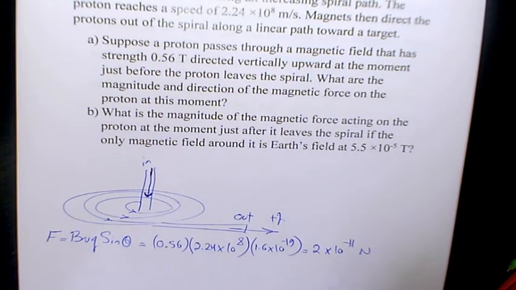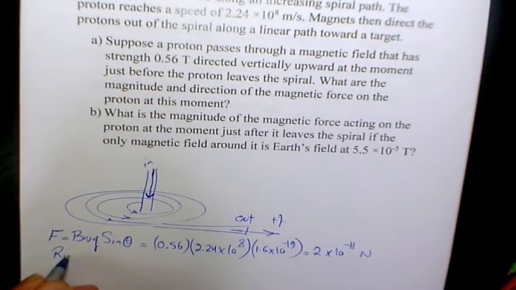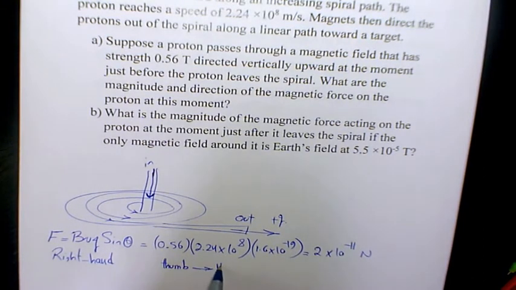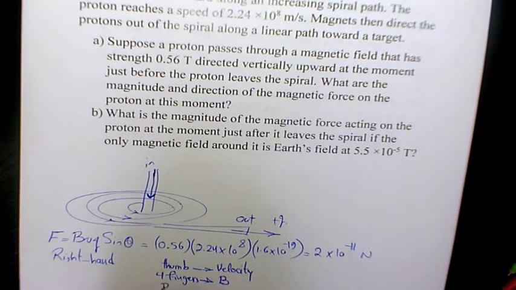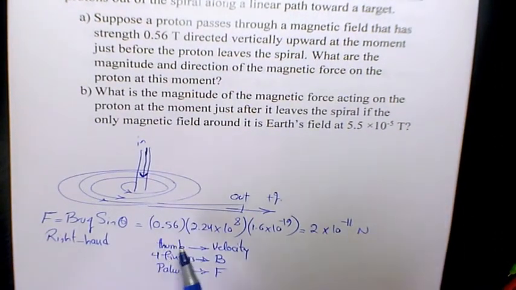And what is going to be the direction of the magnetic force? When we use the right hand rule, as you see here, the thumb is going to be the velocity direction, four fingers will be the magnetic field direction, and the palm is showing the magnetic force direction. In this case, you have the thumb toward the velocity direction,